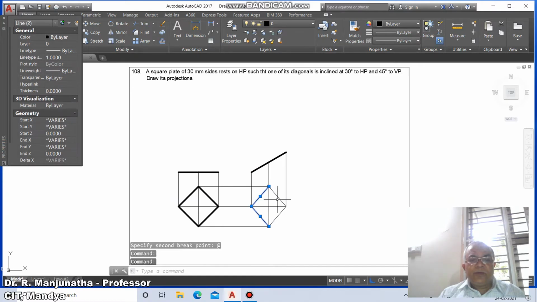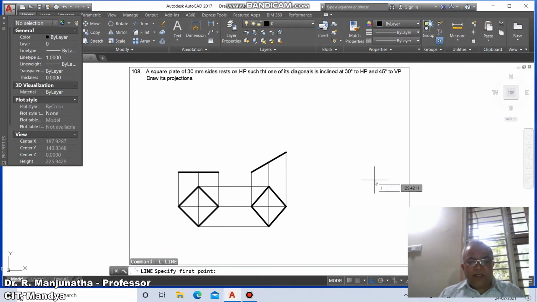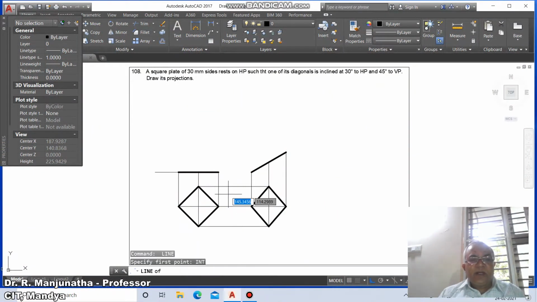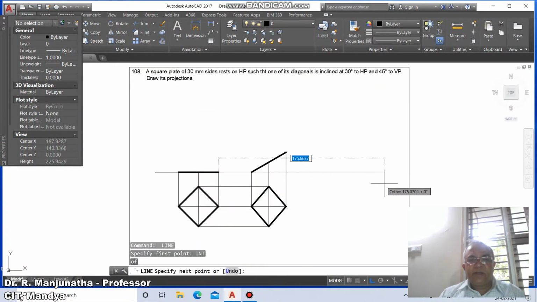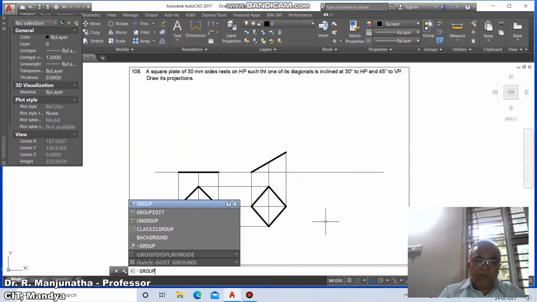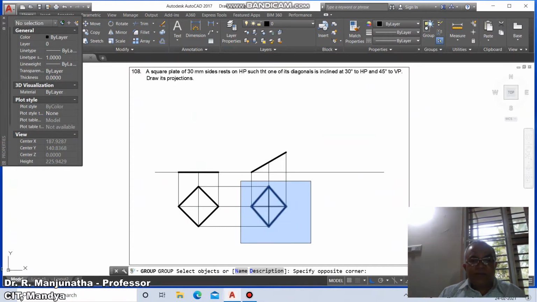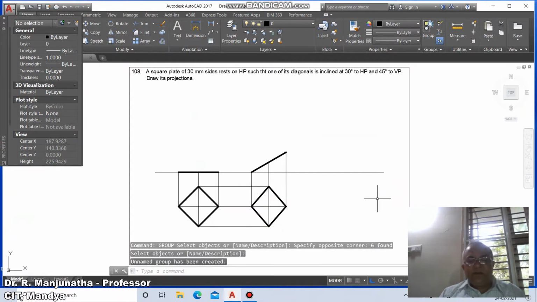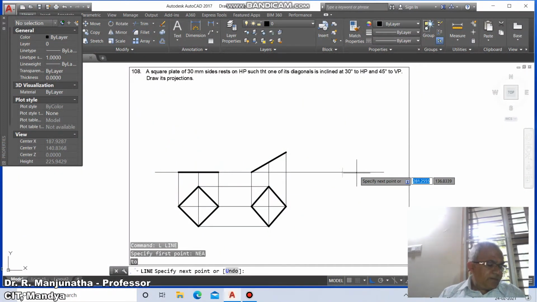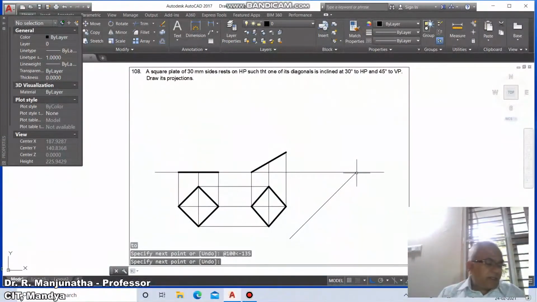Now we are going to take this and go to layer and change the layer to views. Then go to line, take intersection point of this and draw a horizontal line in this direction and go to line, take intersection point of this and then draw a horizontal line. Then go to group, select this entire thing and group this. Then we'll go for the line command, draw a line from nearest point at the rate. So I will take 100 less than minus 135. So we're going to get this.